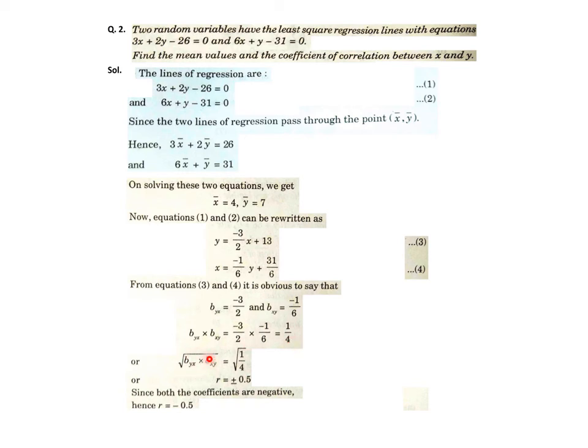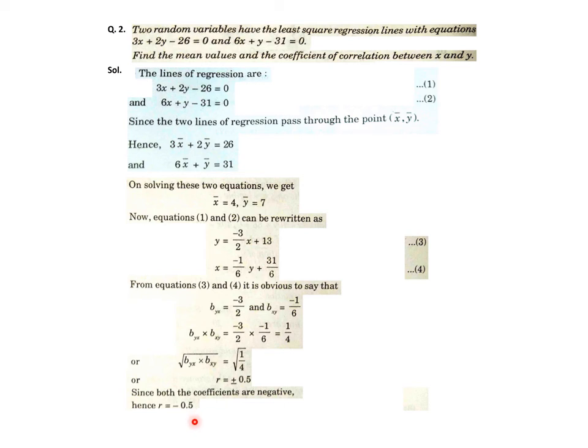It is actually the formula of r. The formula of r is plus or minus root of byx into bxy. It's the formula for the Karl Pearson correlation coefficient in terms of regression coefficients byx and bxy. So both are taken from these two lines and then multiplied together. That square root is root 1 by 4. So it's 0.5 with plus and minus signs. So r is plus or minus 0.5, but it may be either plus 0.5 or minus 0.5. There can't be two values for r, and it is decided by the sign of both byx and bxy. Both are negative, so r will also be negative. If both are positive, then r is to be taken as positive. So r is minus 0.5.